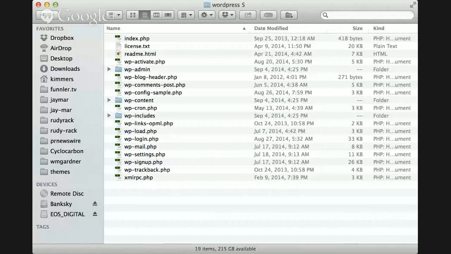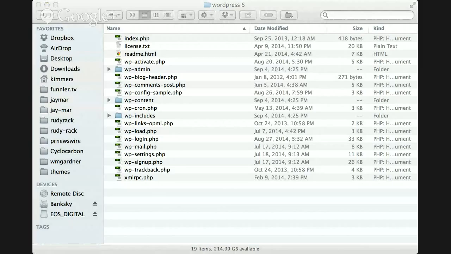And once you have that zip file, let's see if I can open it. There it is. And once you open the zip file, it looks something like this. Now what you're going to do, and I use FTP software to do this, which is still open, is take these files and copy them into